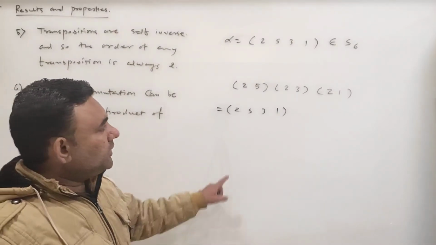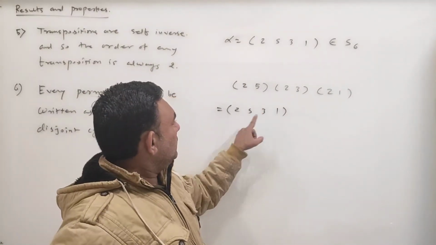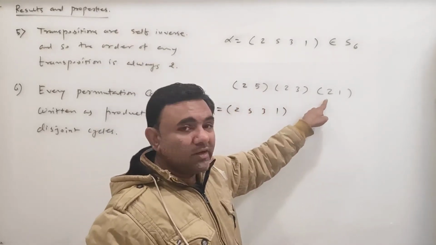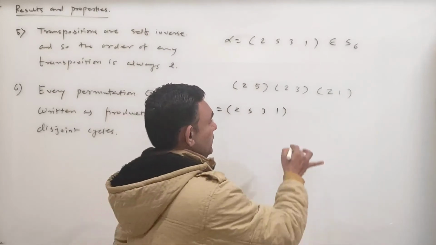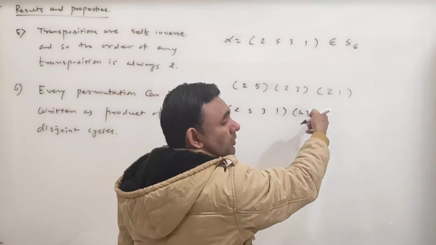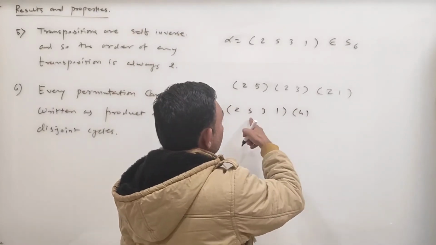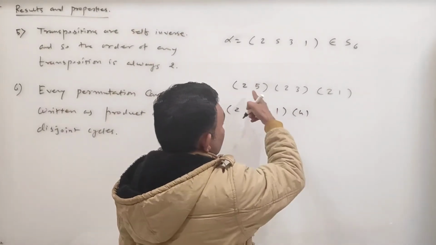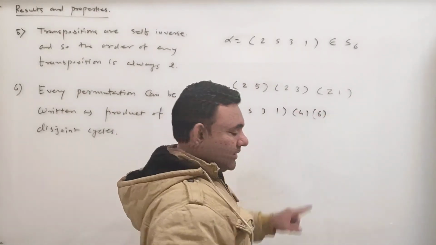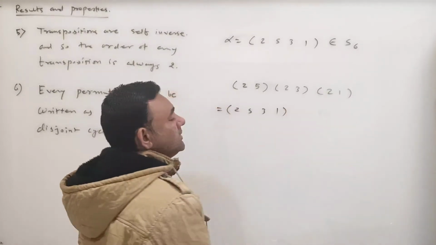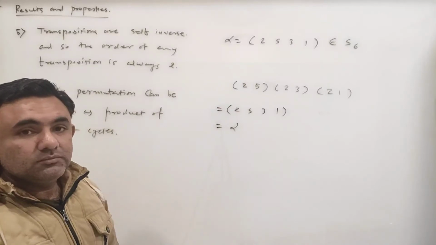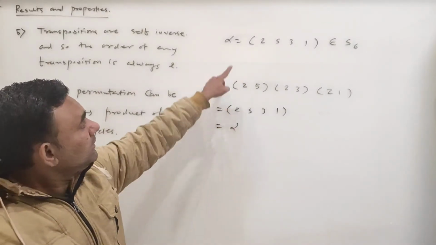Right? And what about the remaining, 1, 2, 3, 4? What about 4? But 4 is invariant, invariant, invariant, so there is no need to write 4. If you wish to write, then you can write: 4 goes to 4, 4 goes to 4, 4 goes to 4. Then 5, and then 6: 6 goes to 6, 6 goes to 6, 6 goes to 6. But this represents the identity, so no need to write this. So it is simply this one. But this is my alpha. Right, this is my alpha.